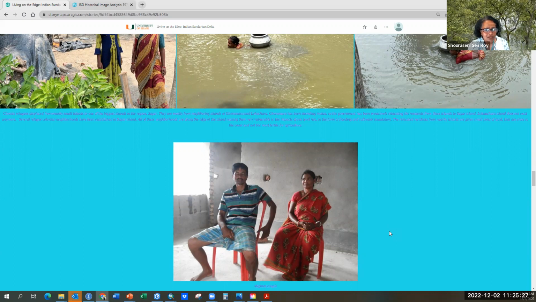Many of them are not that skilled because they've been farmers or fishermen most of their lives. So they go to other parts of mainland India. They usually first go to Kolkata, which is the closest big city. But the economy in Kolkata is quite depressed, so they go to southern India, where there are a lot more jobs, and they work in the construction sector.